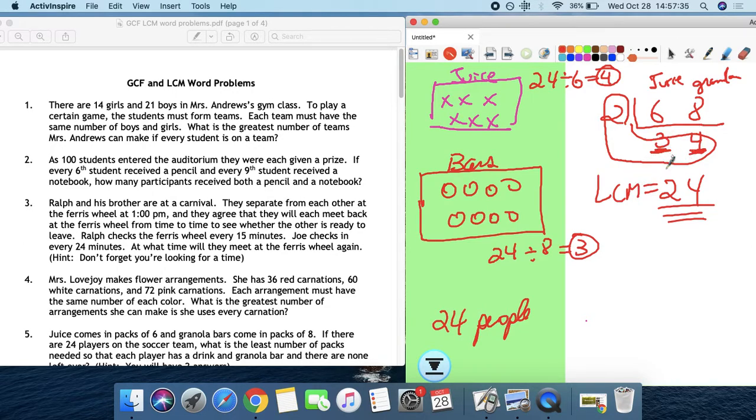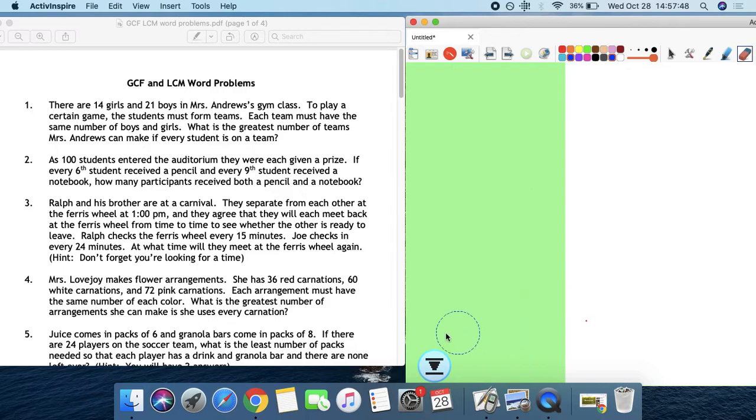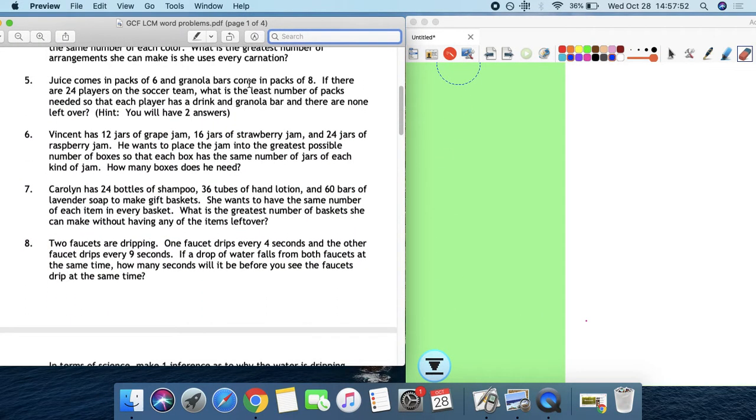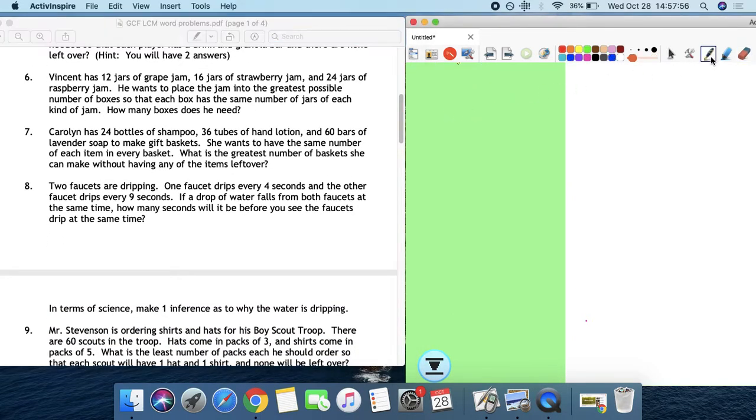So don't look at the bottom, but instead I think it's easier if you take the LCM and divide it by the number of juice and the number of bars. Okay, that's probably easiest. So that's 4. Number 5. Okay, no, number 6. Now we have 12 jars of grape,